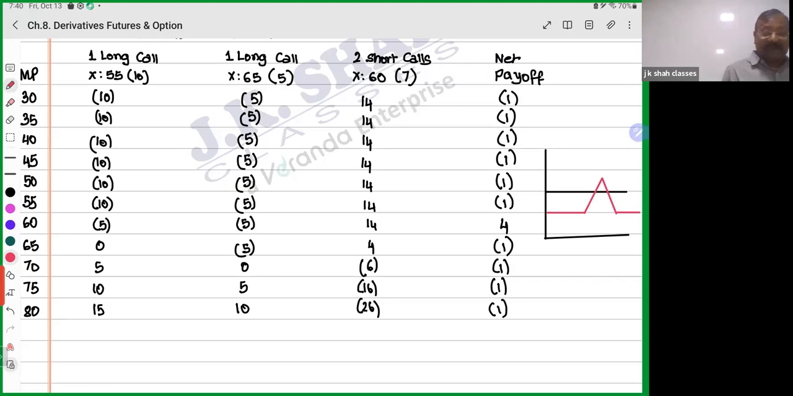When will you make money? When the market moves or when the market is within a range? What was the view of the trader? Market move was unlikely. That means if this particular trader constructs a long call payoff, he will make money if his view turns out to be correct. But if the view does not, okay. Now,